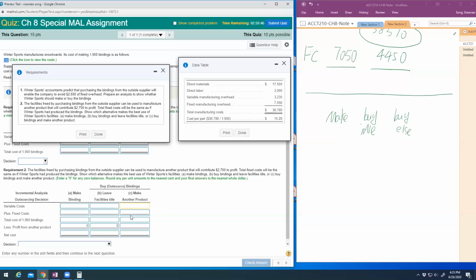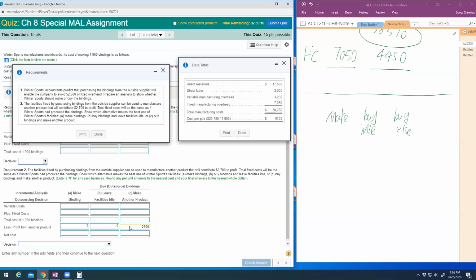The total fixed cost will be the same as your purchased scenario. In that situation, those two are the same. The difference is, in this situation, you can do something else. So you have to deduct the income of 2,700